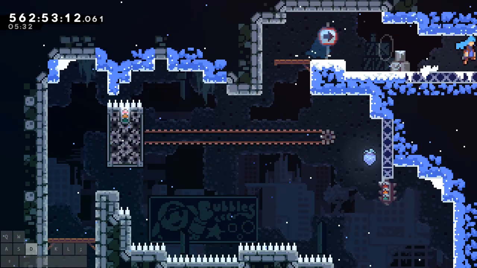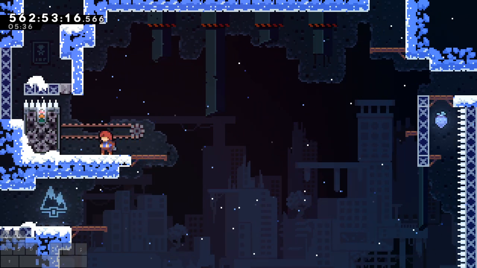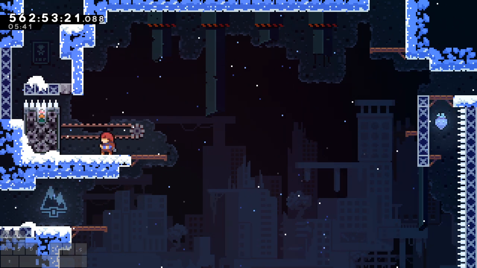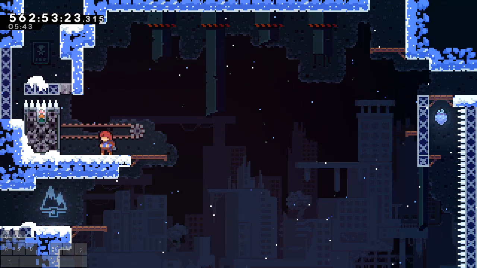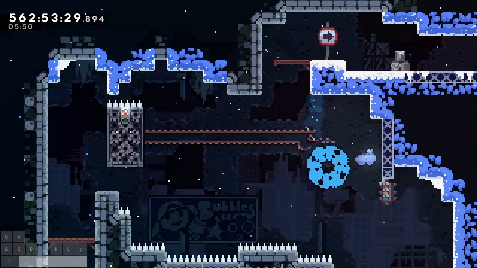But you're gonna want to bunny hop at the start of this room and then dash up left, because you want to land as far left on this platform as you can in order to give yourself enough room to do a hyper bunny hop. Because if I'm right here and I try a hyper bunny hop, I don't have much space. But if I give myself a little more room,